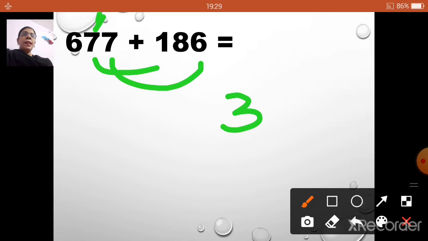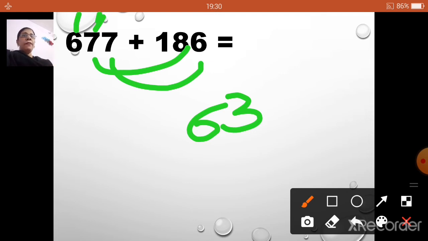The other number 7 is on the tens place. Now 7 and 8, that is tens with tens. So first, 7 plus 1 will be how much? 8. Now to that 8 I will add 8 more: 9, 10, 11, 12, 13, 14, 15 and 16. Now again I am getting the answer in 2 numbers. So again, what will I do? I will write 6 here and carry over 1 onto the 6.